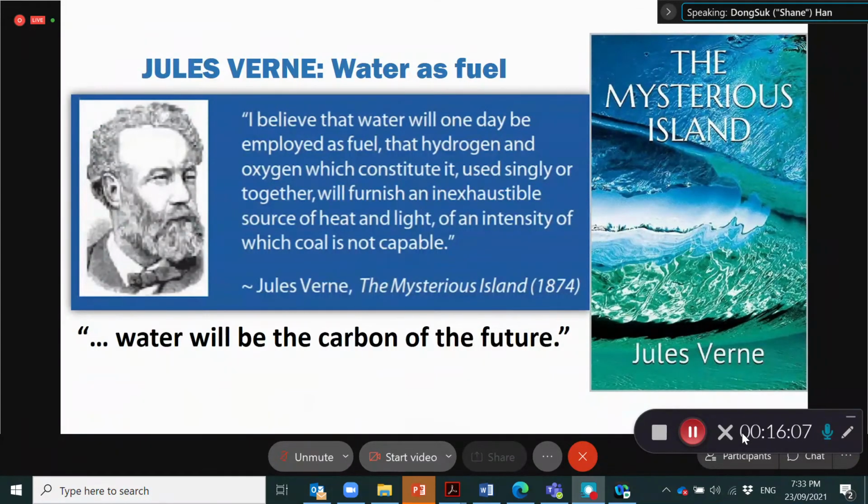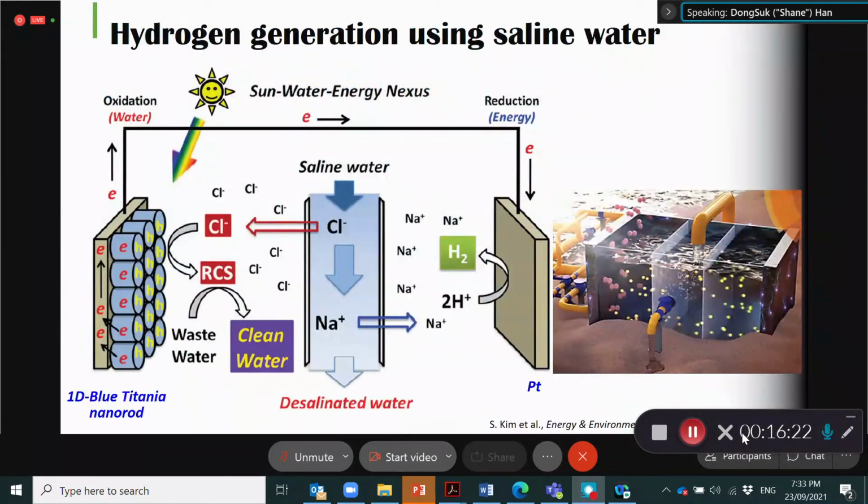So water's molecule is H2O. There is no carbon element in it, but he believed in 1874 that water can be energy in the future. He's smart. So our one MQNRF project suggests using saline brine to trigger hydrogen production using a photoelectrochemical